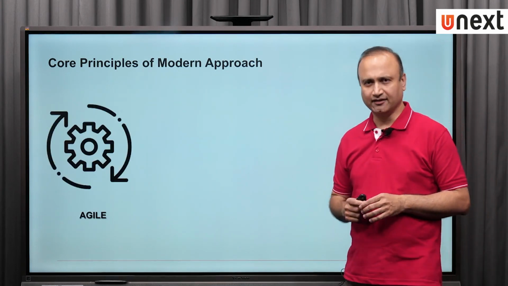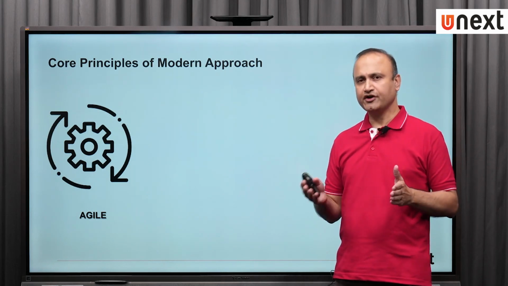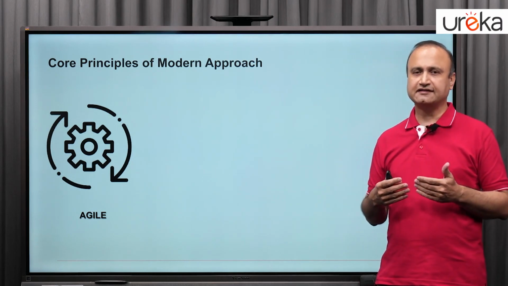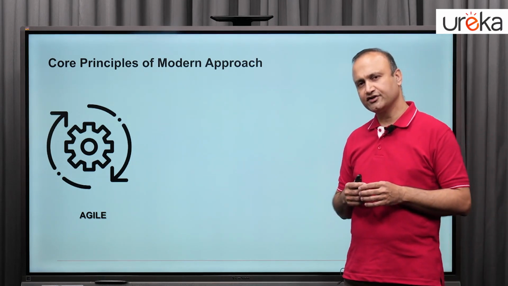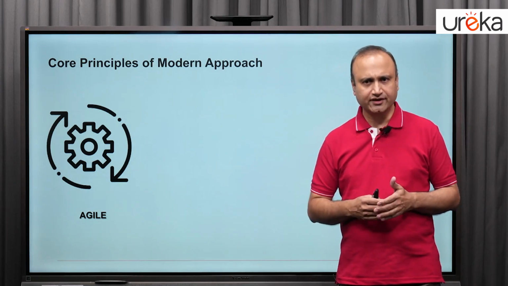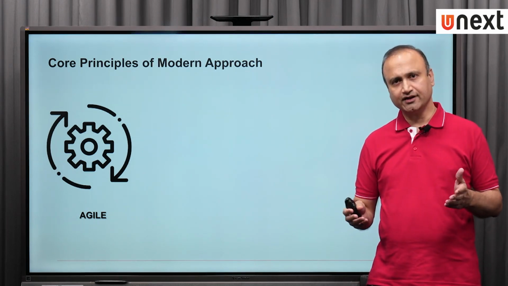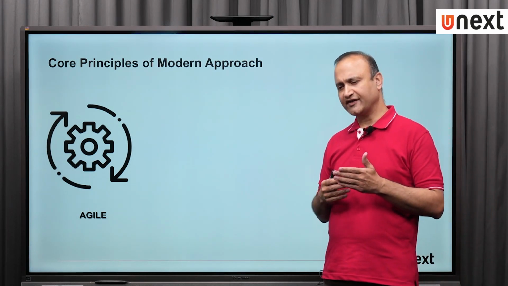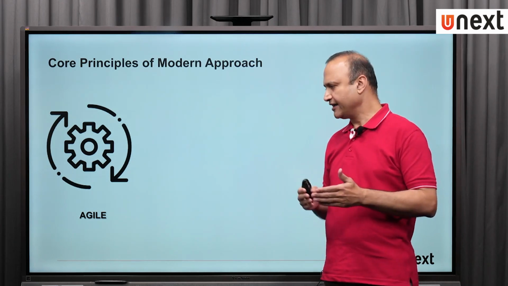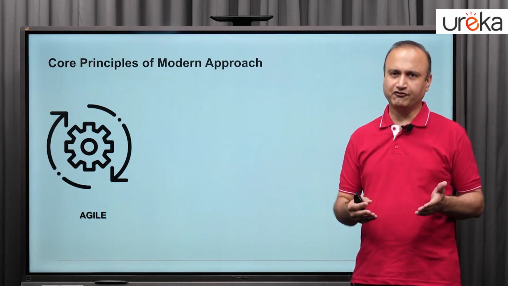The first is agile. Now we understand the waterfall model is a linear model. The modern approach, with its agility, with its ability to keep processes agile, allows organizations to work in an iterative manner. You can think of the mobile industry, you can think of a product industry today, the gaming industry. All of them work on the aspect that there are constant upgrades and releases which come in. And the modern approach, with its agility built in, allows them to work in an iterative fashion.